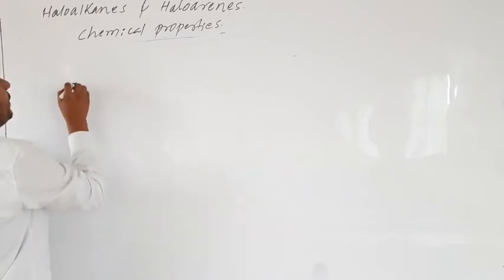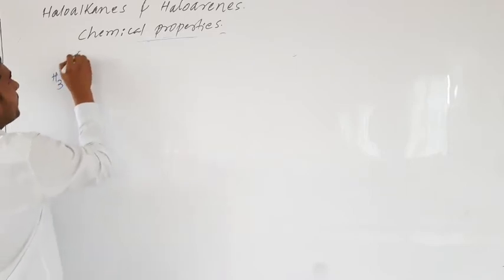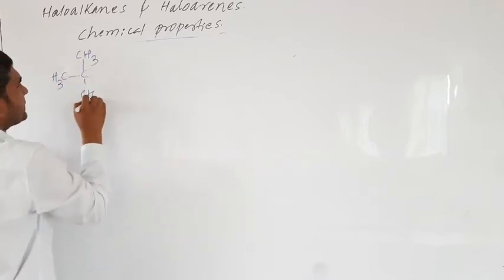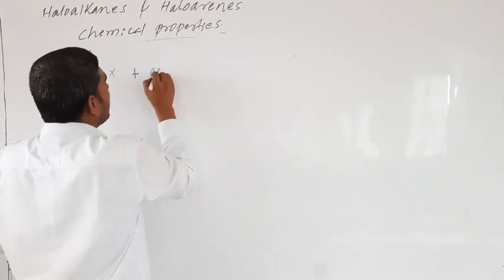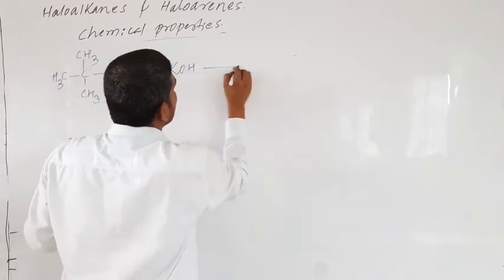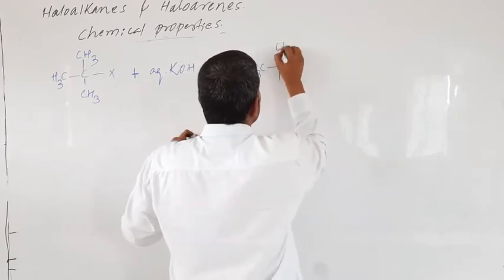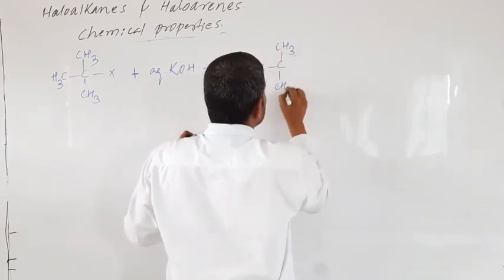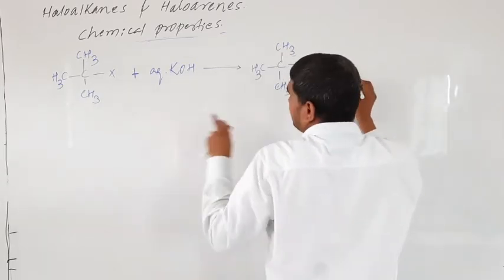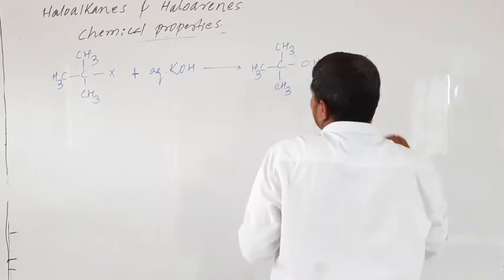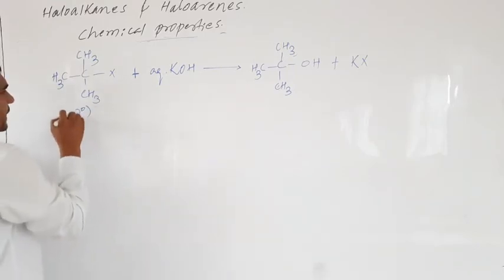Over here, when you take a tertiary alkyl halide, when you take what? Tertiary alkyl halide reacts with aqueous KOH. What is the product? Alcohol is the product. But how does this process take place? As that of SN2? No. It follows exactly a different path. What is the path followed by this process? This is a tertiary alkyl halide. I have taken tertiary.